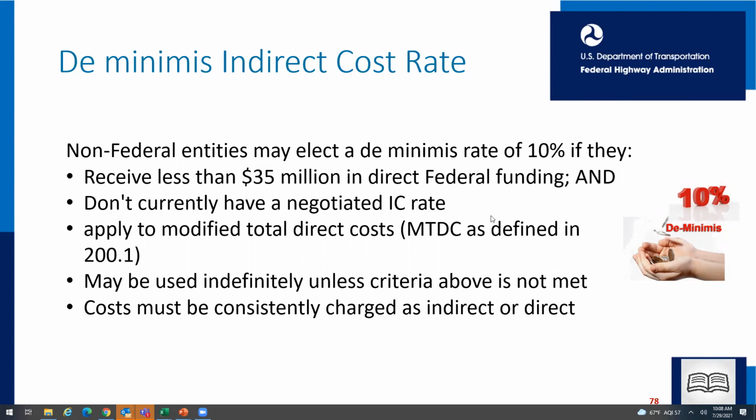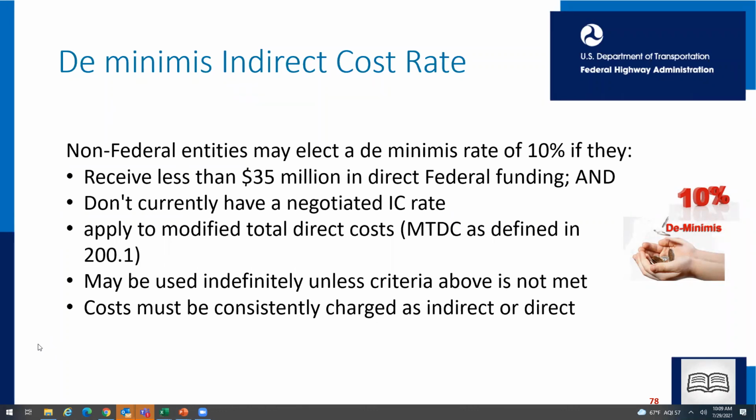Okay. All right, so I'm going to cover these last few slides. As I mentioned, we just talked about the main rates that Federal Highway use or that are in 2 CFR 200 that Federal Highway can authorize. In addition to those normal rates, we also have these more unique rates. We have a de minimis indirect cost rate, and Eric did cover this yesterday, but I wanted to make sure we didn't go too fast over it and make sure everybody understands, because there were some changes in 2 CFR 200,